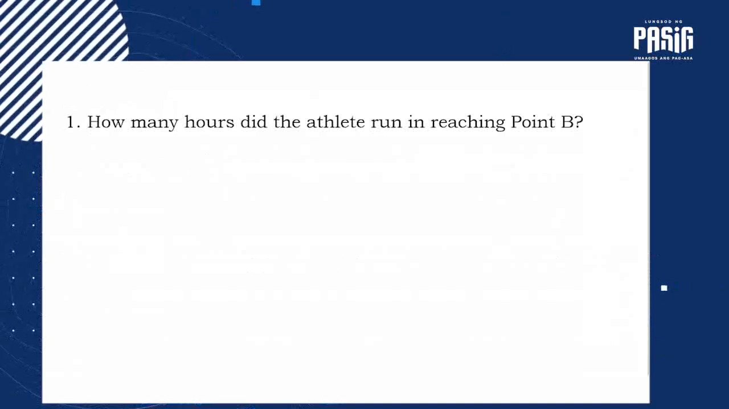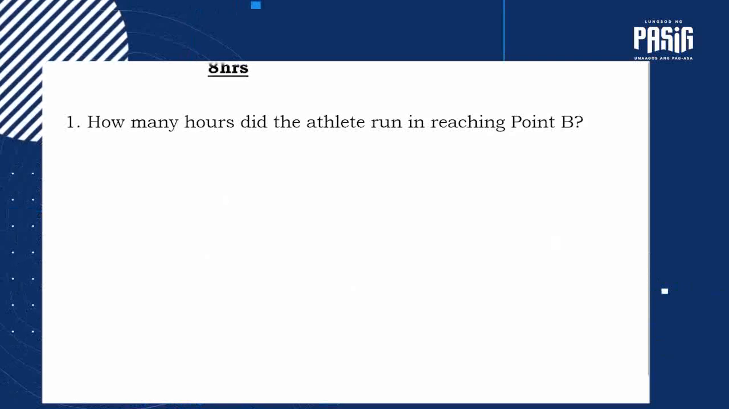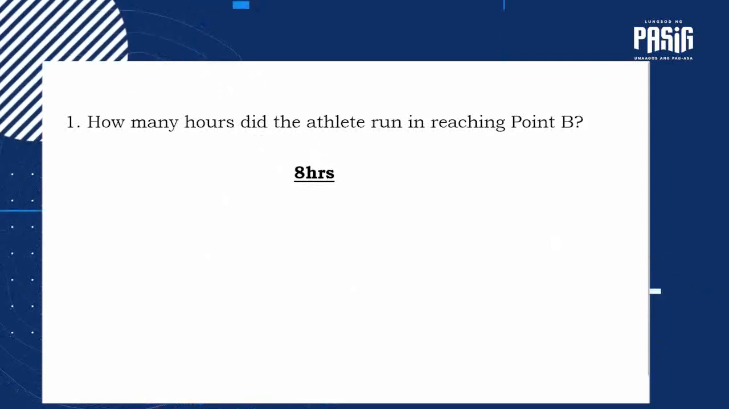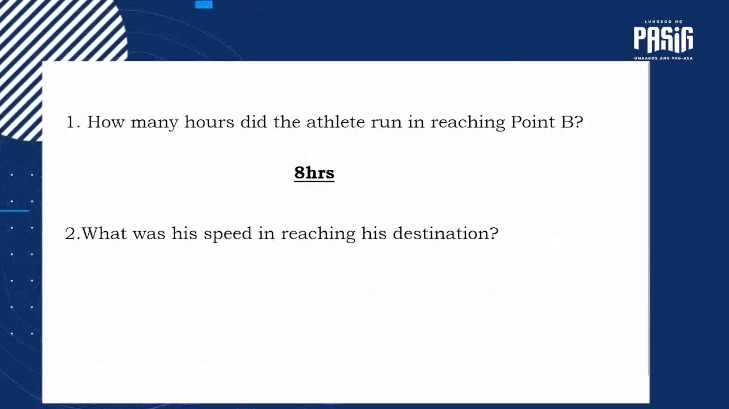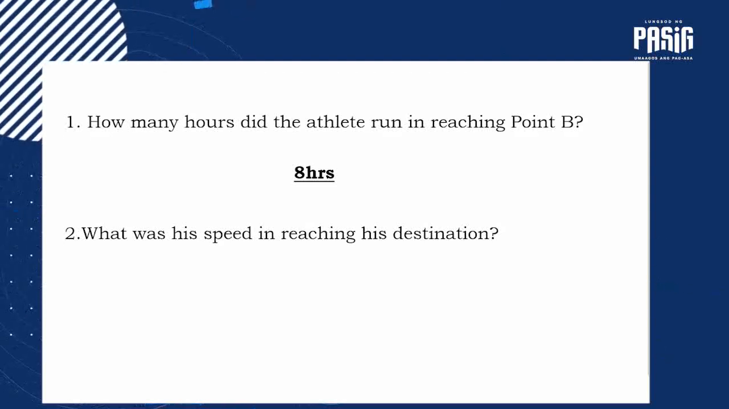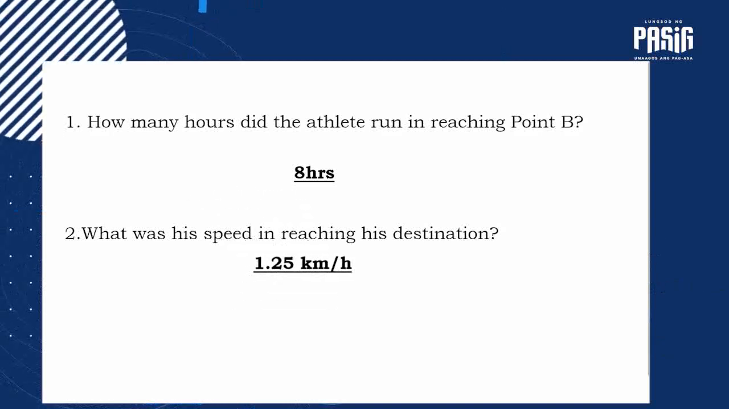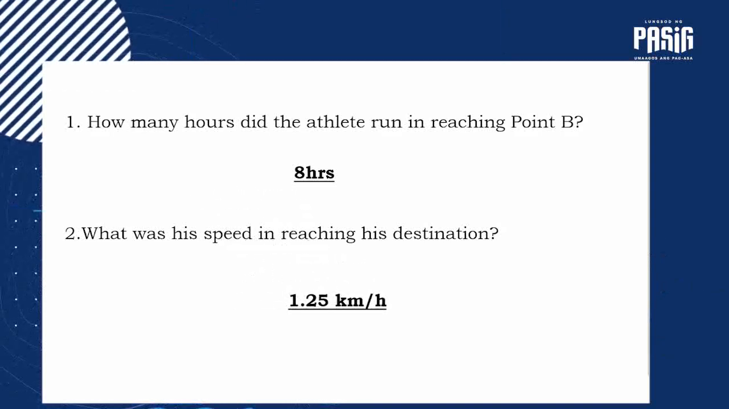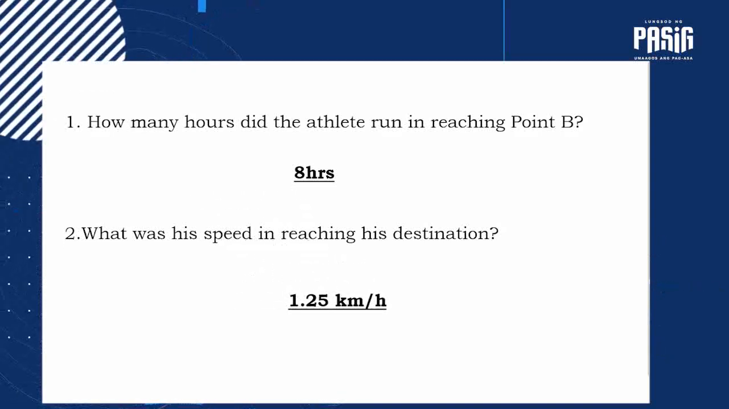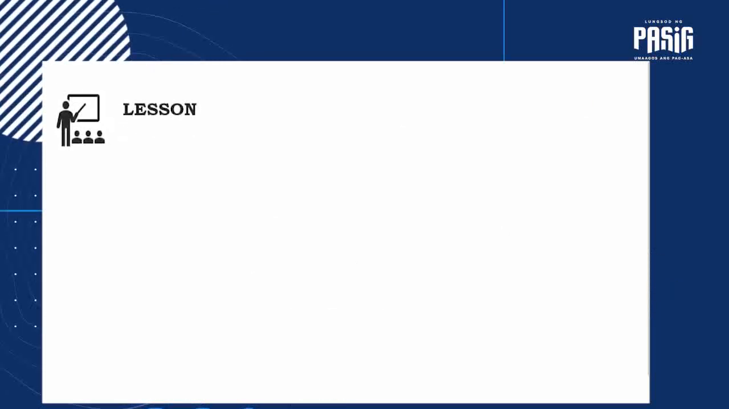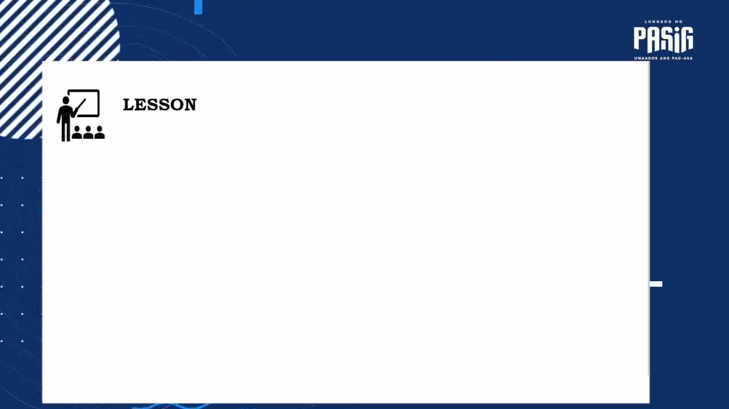So how many hours did the athlete run in reaching point B? Very good. The answer is 8 hours. Number 2. What was his speed in reaching his destination? The answer is 1.25 kilometers per hour. Now for our lesson,